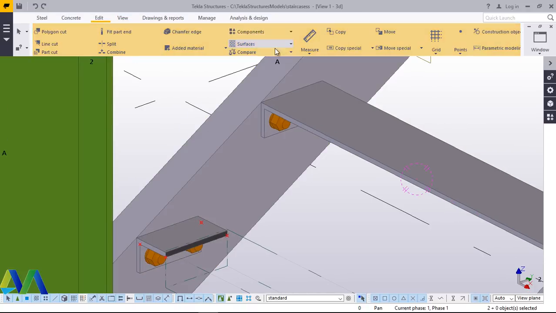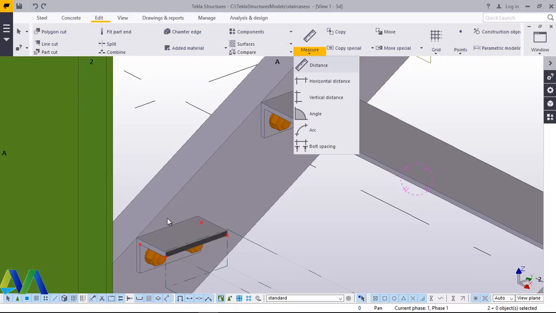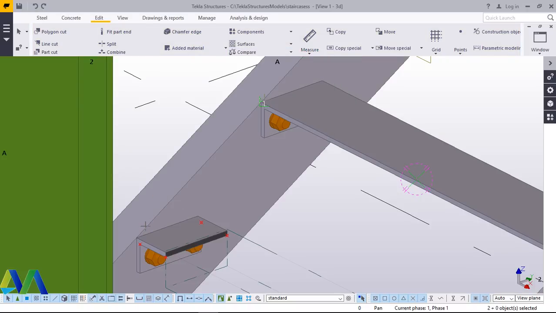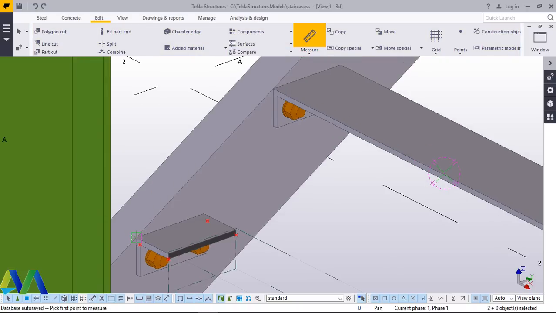Come to edit, distance, from there to that spot. That's 357, 357, 89. Perfect. Right click